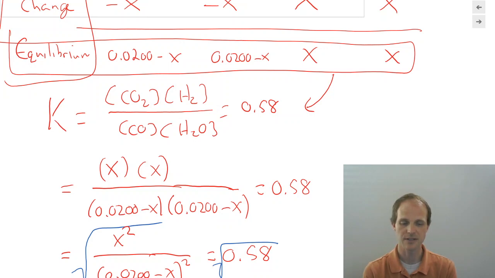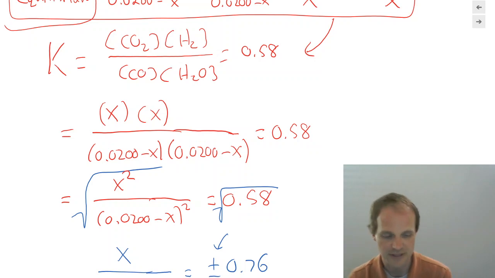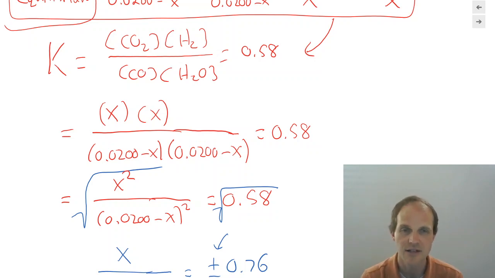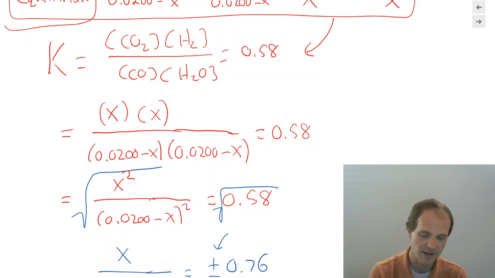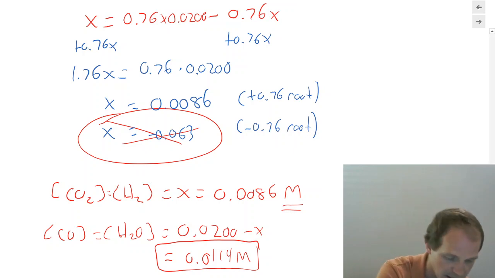And part of what we're going to do in this class is figure out a bunch of different ways of solving for these in different scenarios. This was one way where we had this nice square form, so we were just able to take the square root of both sides, but life isn't always that kind to us, so we're going to find other ones as well. When there's multiple roots, you've got to find both roots and usually eliminate one for being unreasonable. Another reason to be unreasonable is, let's say our second root was 7. That means our final concentrations of our CO and H2O would have been 0.02 minus 7, or a negative number. That just wouldn't make sense. So that is one example.